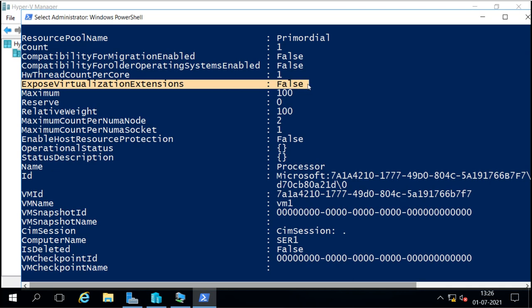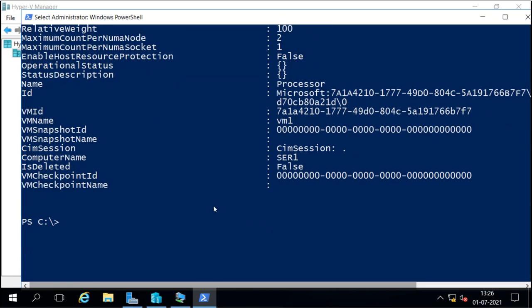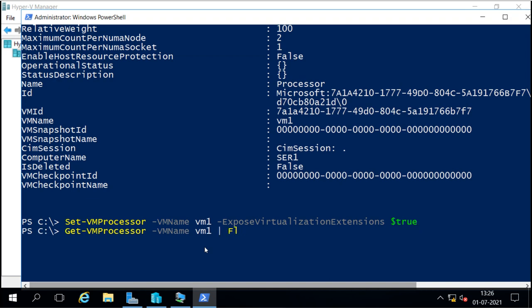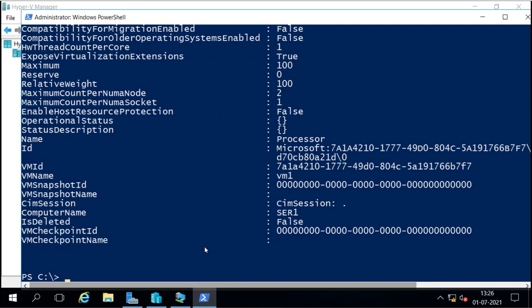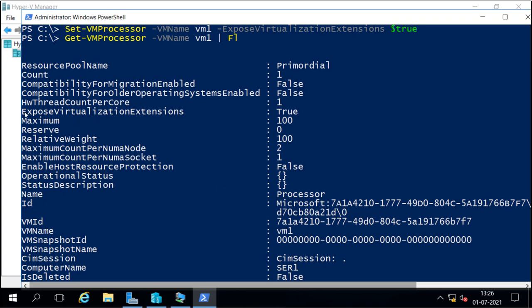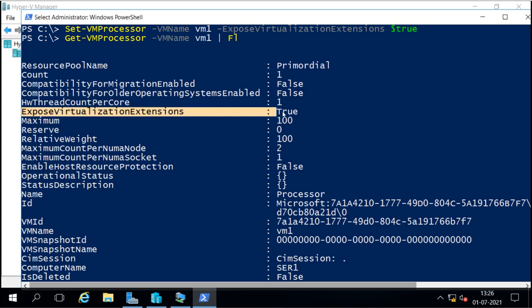For setting it as true, I will run Set-VMProcessor and the VM name, which is VM1, and then ExposeVirtualizationExtensions, and the value I will mention true. Now when you check, it is saying that virtualization extension is now true.